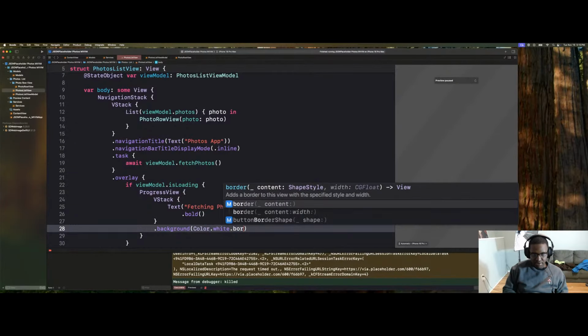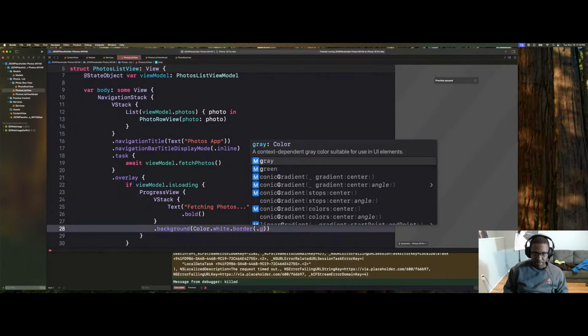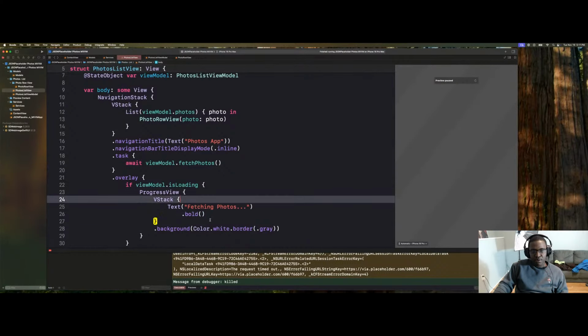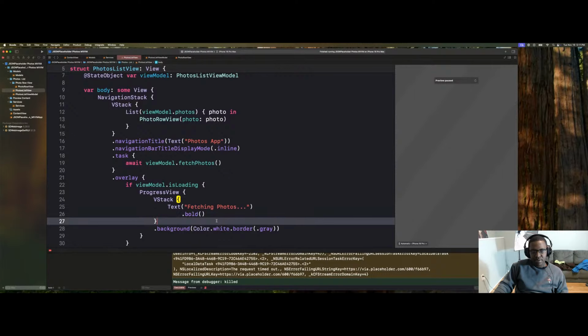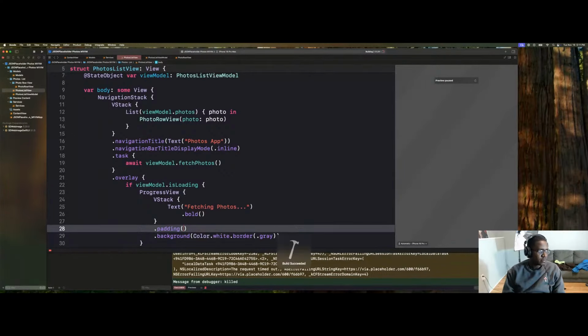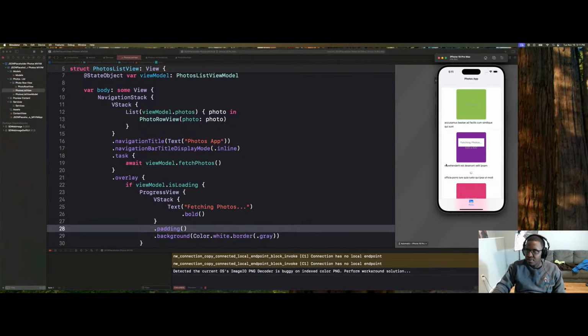Can we add a border to this? Let's make it gray, maybe. I'm not sure if this part is going to work, but I'm just testing it out. And then for this, let's do a padding, and let's see how this looks. Okay, so we'll see this big block right here, and then the user will be able to know that we're